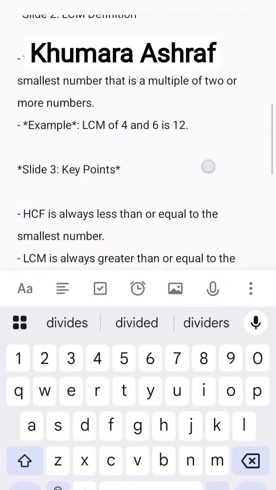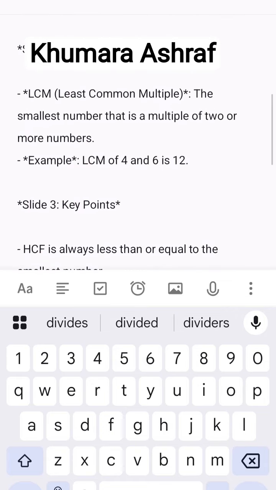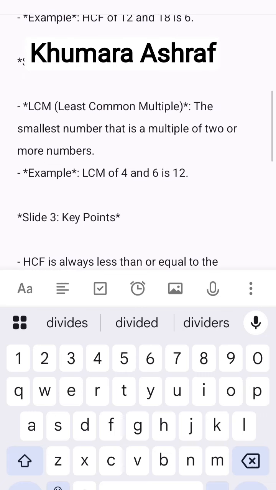Second, you have to learn and memorize this definition: the smallest number that is a multiple of two or more numbers. Also learn one example, that is LCM of 4 and